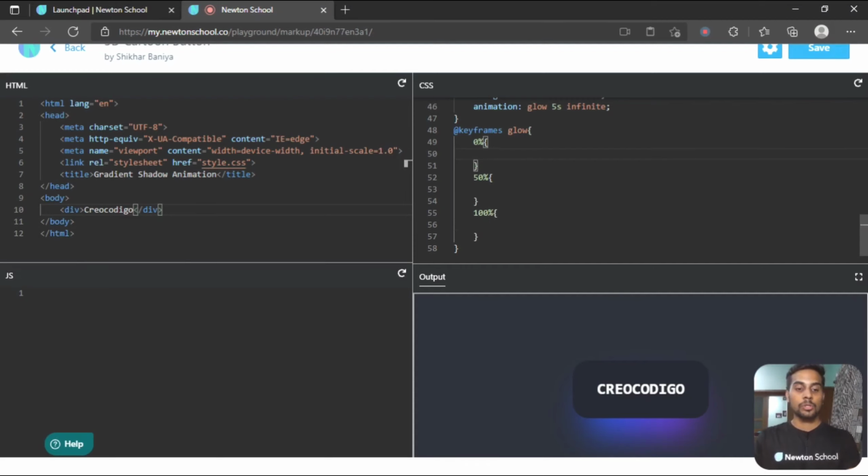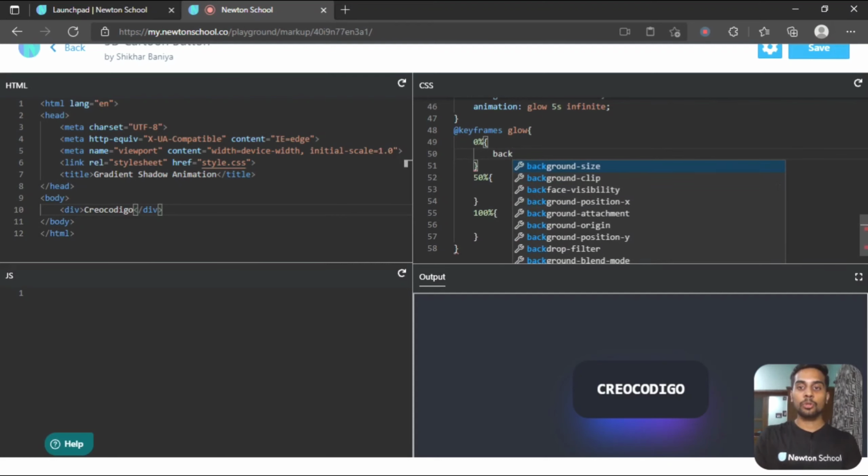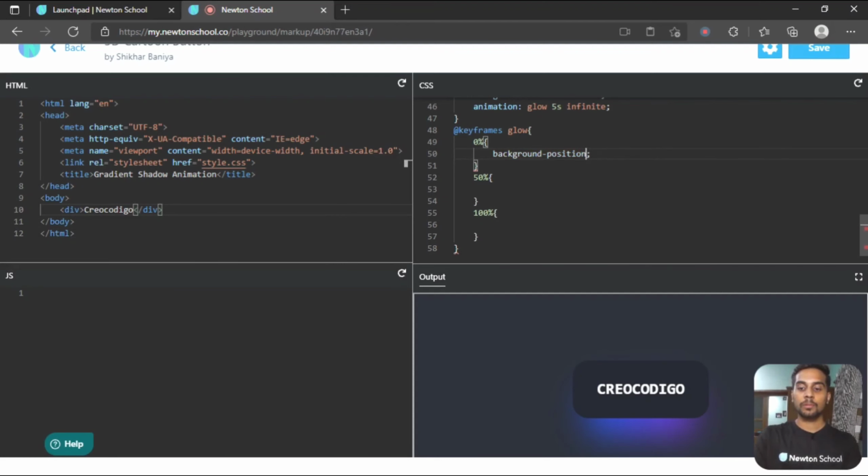Now at 0% I want to change the background position, to 0% for the x-axis and 50% for the y-axis.